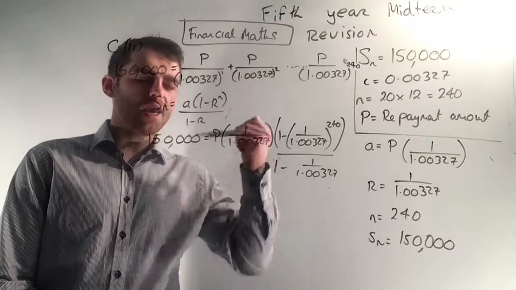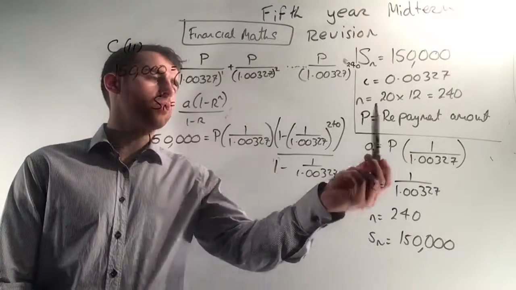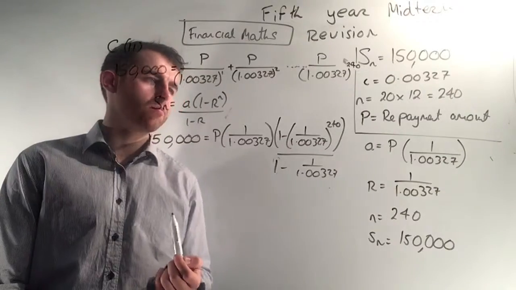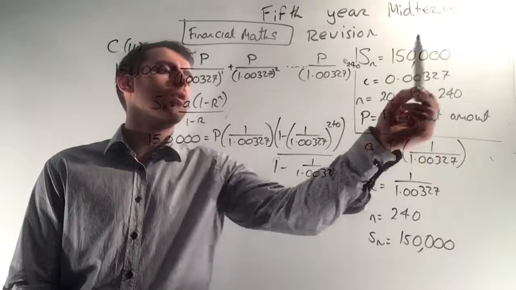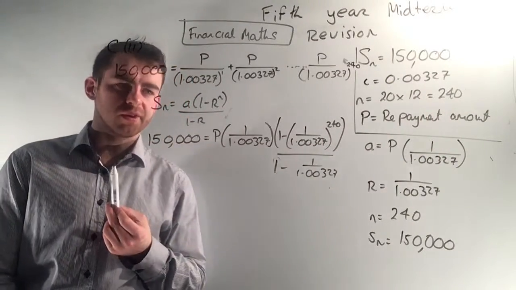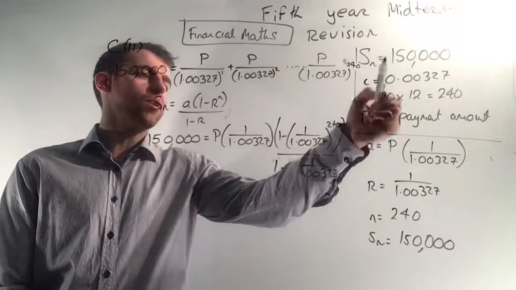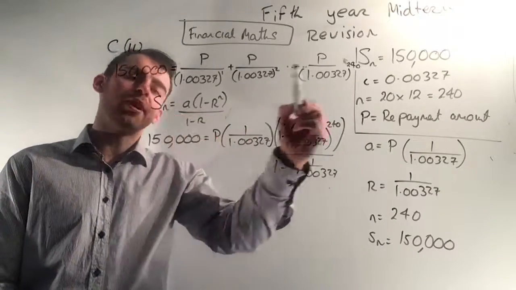And he's going to pay this loan back over 20 years, which means that's 240 months. And I know that overall he has to pay back 150,000 euro. Now, based on that, what I have on the top here, I can come up with a geometric series to